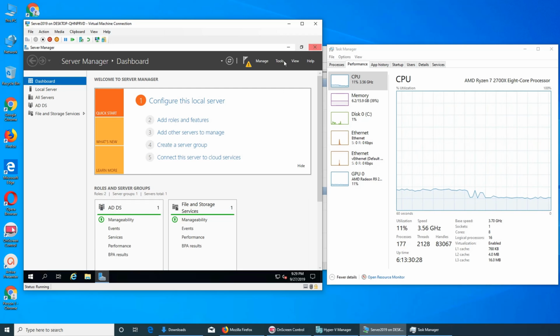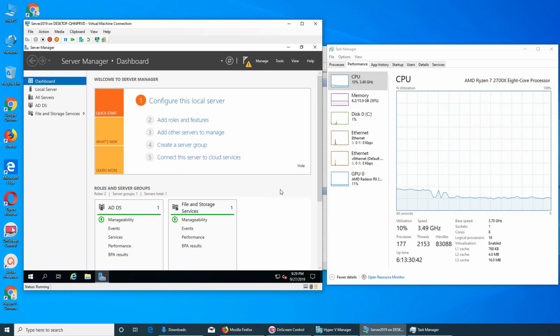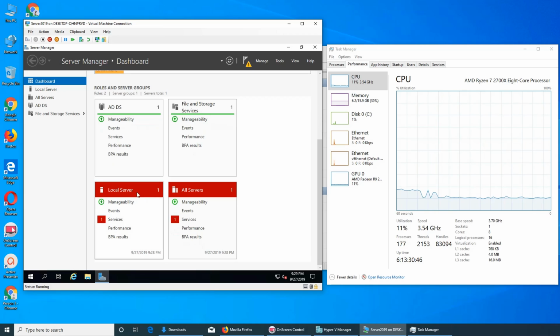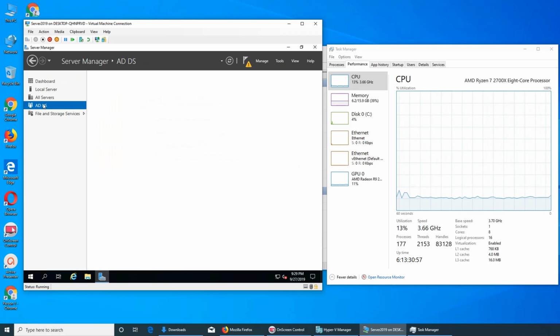But in the tools there was nothing for the users. Is it there now? Yeah, right now it says Active Directory Domains and Trusts and all that. I am not sure. Maybe everything was already there. Local storage, all servers, performance, add new, create a server group, connect the server to cloud services. What's new? Learn more. Active Directory,